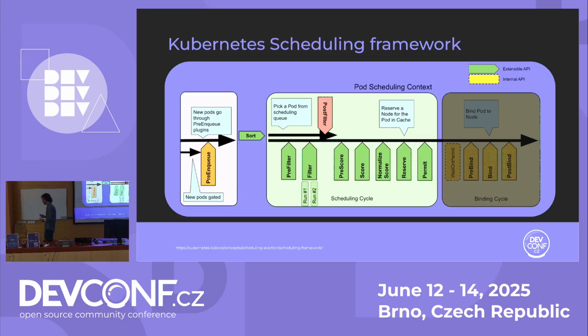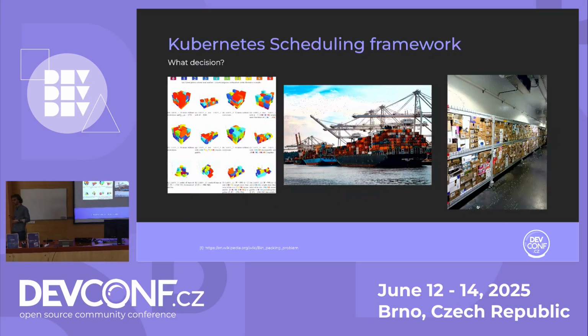Now, we're talking about constraints and scores, but what are we really talking about? What are these scores and what are these constraints? Imagine that you are administering a cluster that uses an orchestrator that is not Kubernetes and does not provide a scheduler. It provides any of the facilities that you might need, networking, storage, whatever, but you have to decide every time you deploy a pod where this pod has to stay. How do you decide that?